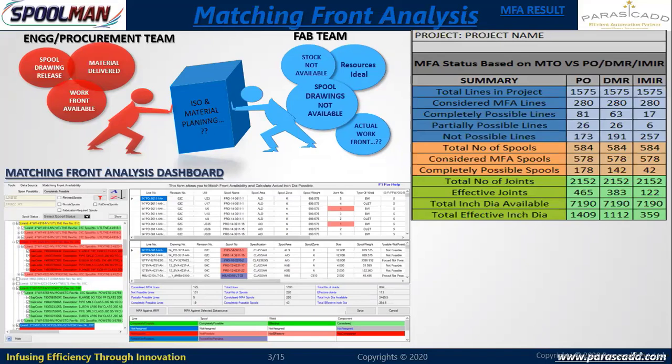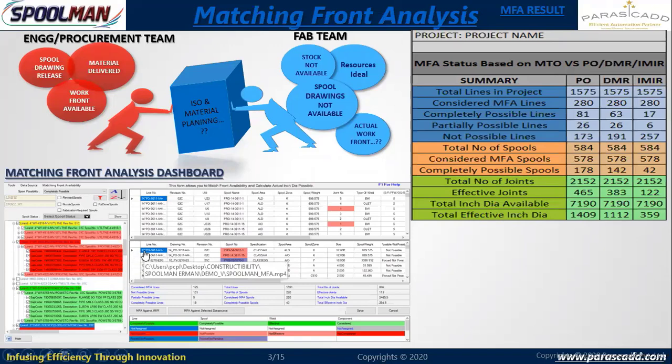The spool contains 5 joints and 6 components. Out of these 6 components, are all 6 available, or is one of the components, say a valve, not available, and can I still go for partial fabrication? Instead of 20-inch dia, I am capable of fabricating 18-inch dia. Should I choose this spool for fabrication, or go for completely fabricatable spools? If my contractor is starving for work, I can decide that if one component is missing in a spool, I can still go for fabrication, and at the same time ensure that more than 80% of the inch dia is fabricatable. Then I can go for my fabrication. All those decisions can be taken.